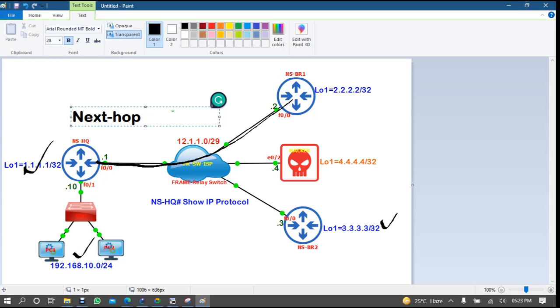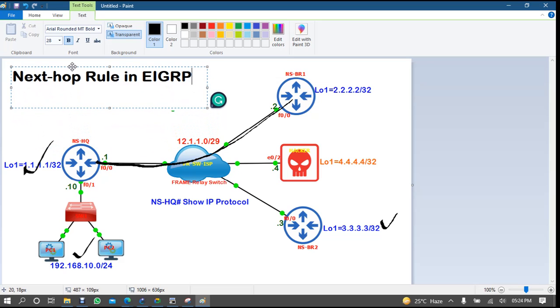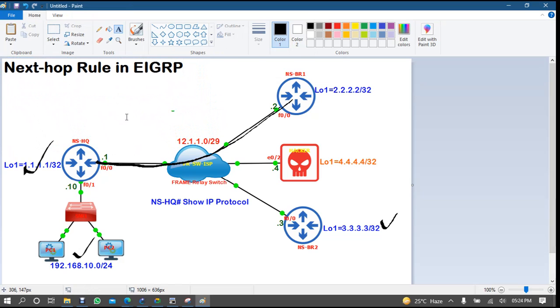Yes. So, the next hop rule in EIGRP. Let's talk about this. Now the headquarter is saying that whenever you want to reach this, the headquarter is sending this update to branch 1.